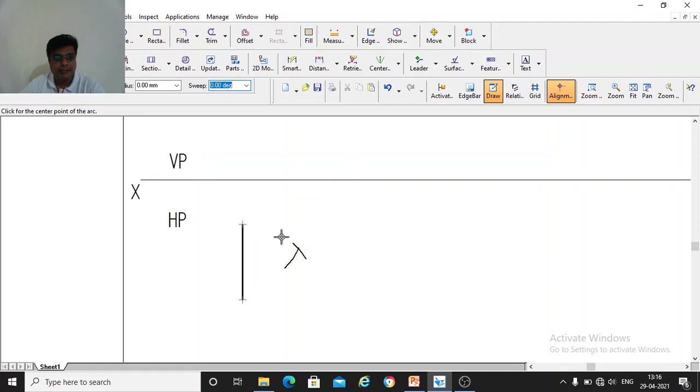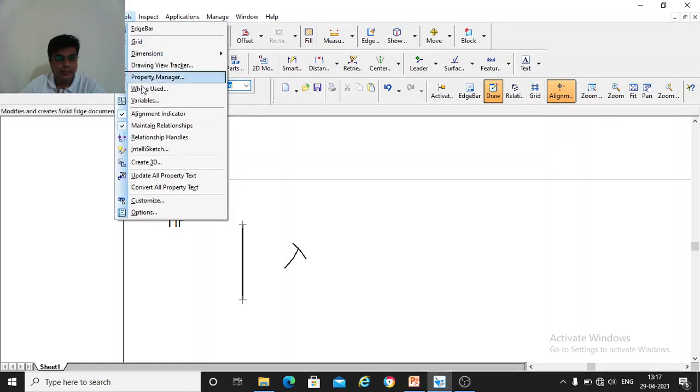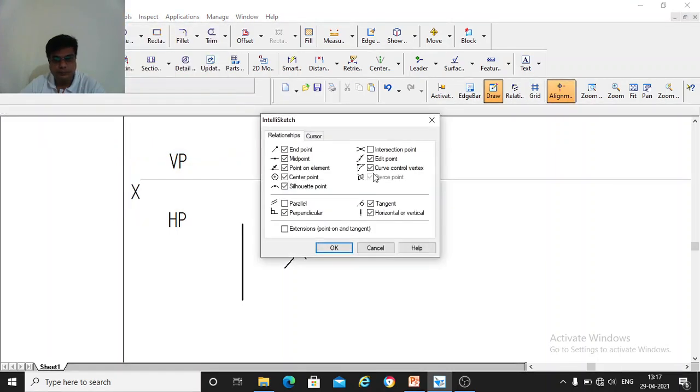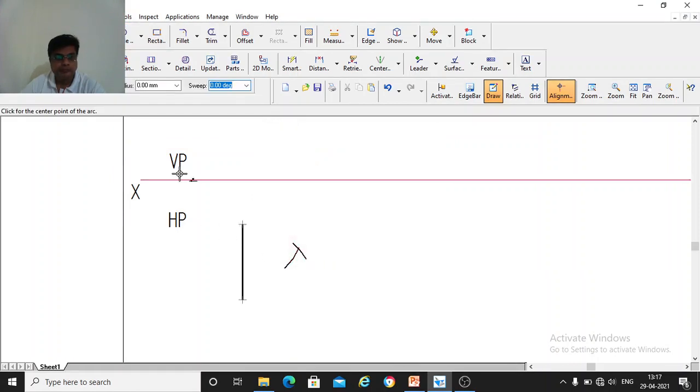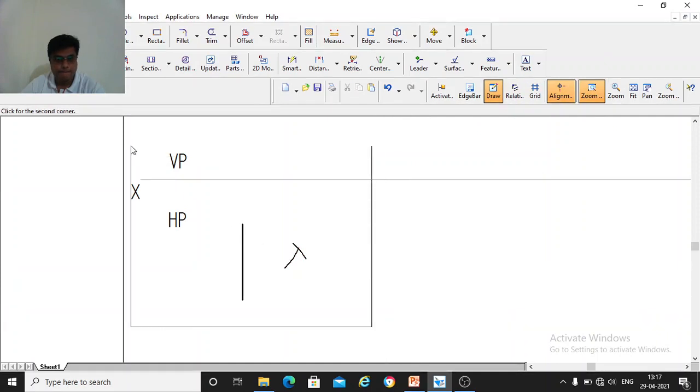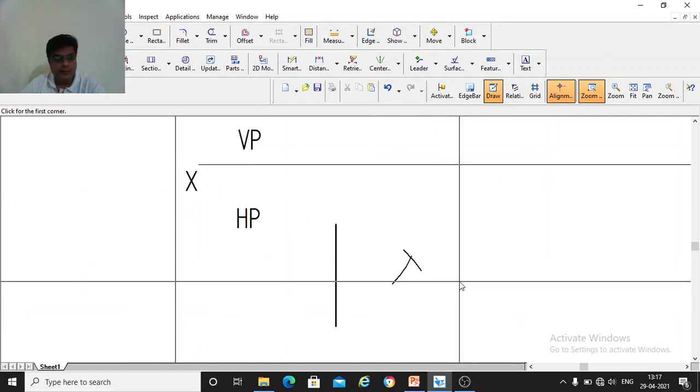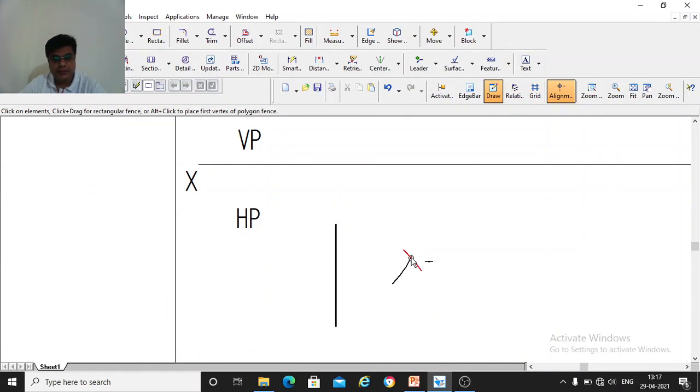That will complete the triangle. So this is the intersection of these two arcs.